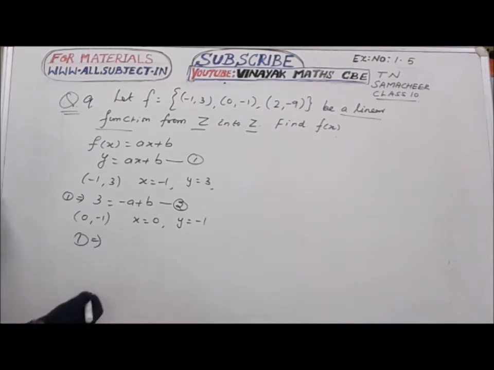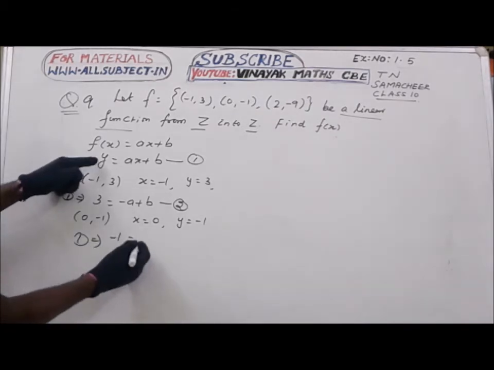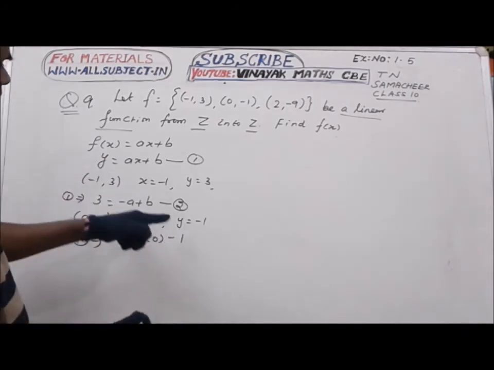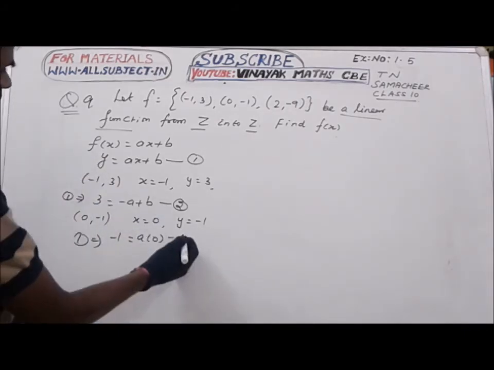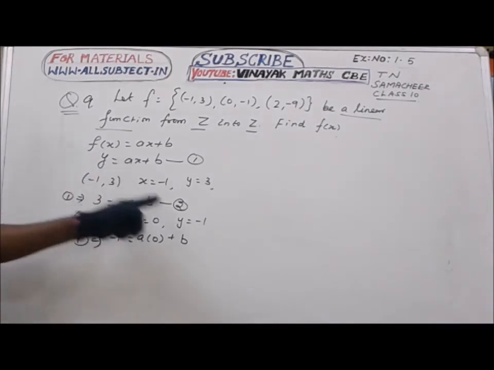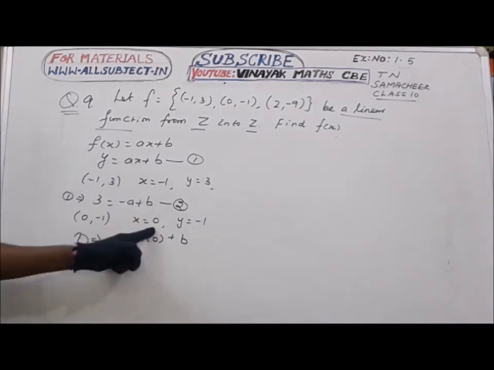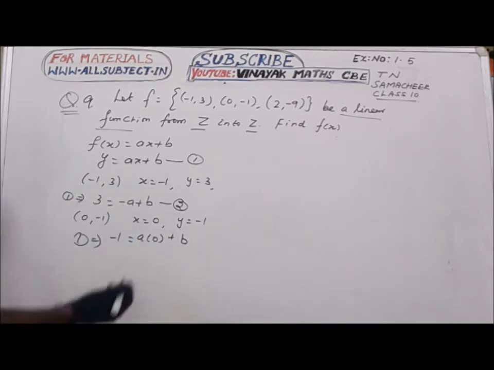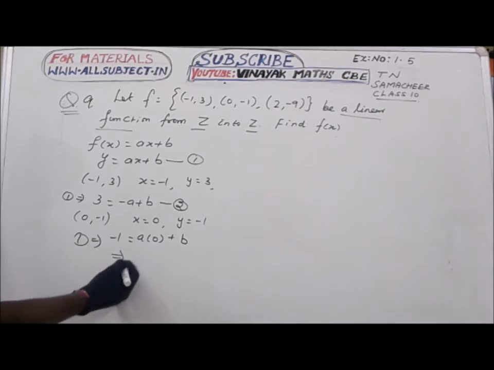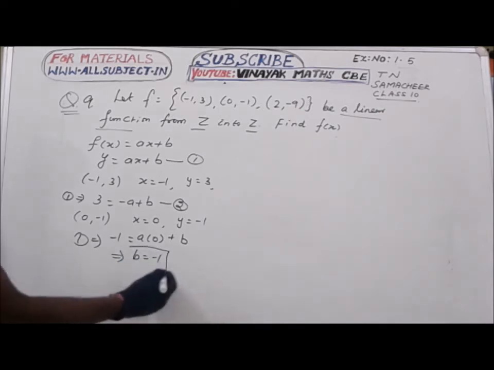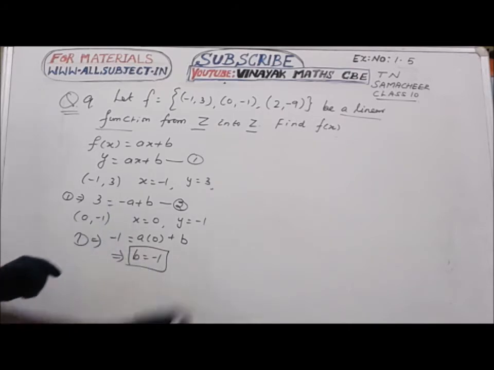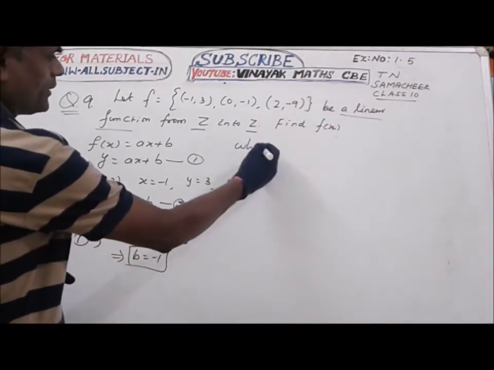y is −1 equal to a into 0 + b. Y is a into x plus b. −1 equal to, substituting here, y is −1 and a into x is 0, plus b. Now a into 0 remains 0. This means b equal to −1. Now we have found the value of b is −1. Substituting in 2, when b equal to −1,